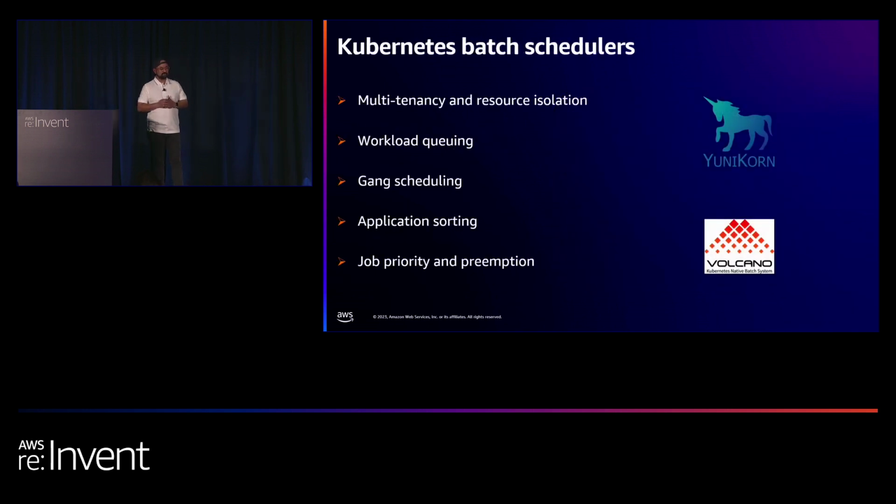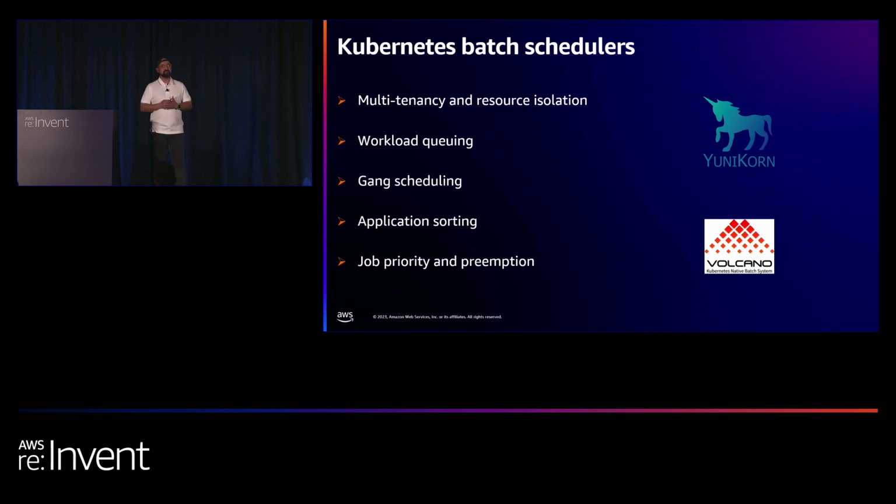Now, moving on to Kubernetes batch schedulers. Kubernetes comes with the default scheduler. It's a single queue, and when you run hundreds of jobs, they go into the queue. It's a FIFO queue, and it takes one job at a time and places those workloads. But customers who come from Hadoop workloads and use YARN want to see multiple queues so that they can be used when running Spark jobs on EKS as well. To fill that gap, batch schedulers have evolved.